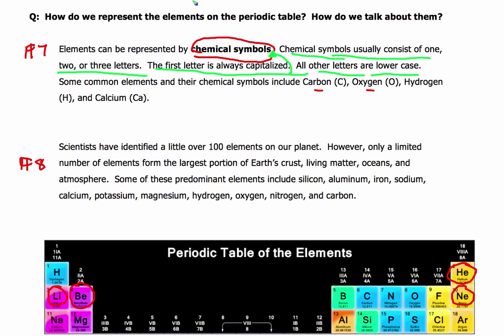Okay, so let's take a look at paragraph 7 briefly, and we'll move right on. Scientists have identified a little over 100 elements on the periodic table, and these are elements that occur on our planet. Some of them we don't see in nature, but we predict that they exist. However, only a limited number of elements form the largest portion of Earth's crust, living matter and oceans in the atmosphere. Some of these predominant elements, predominant kind of means like the main ones,